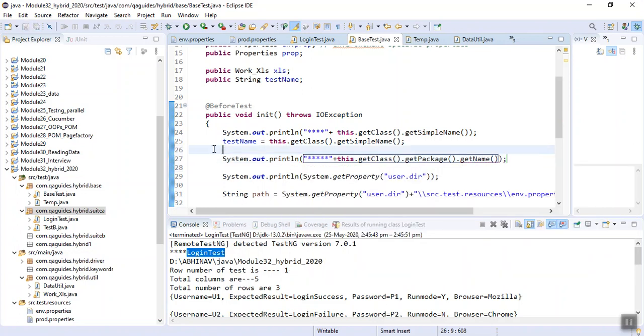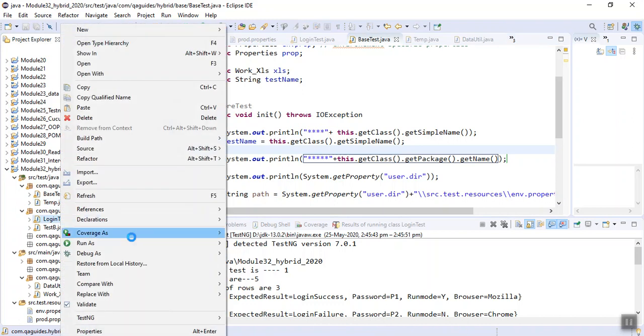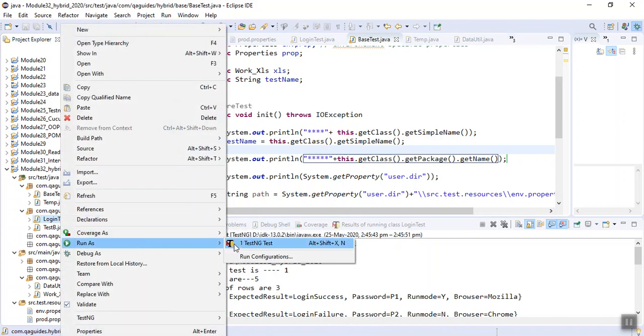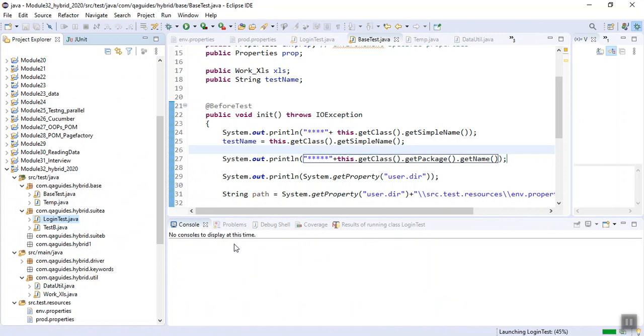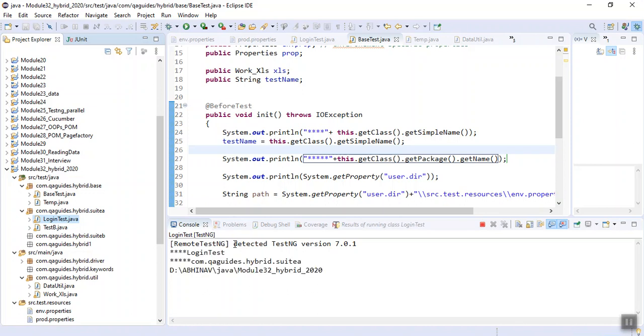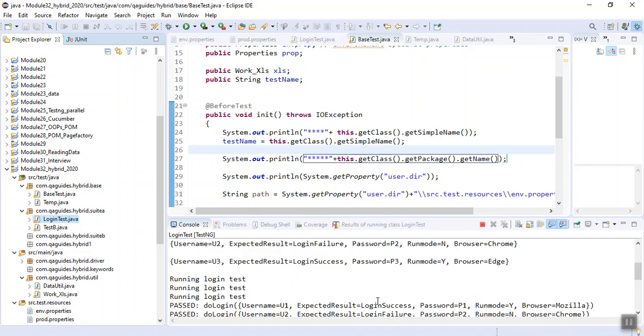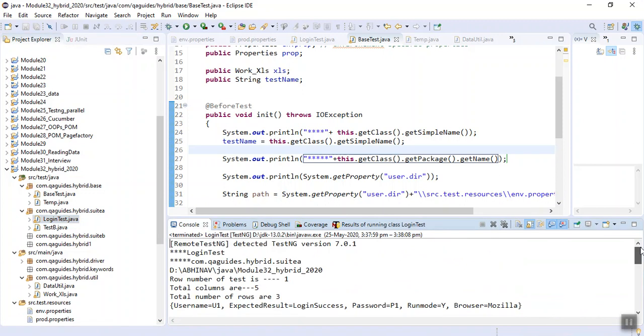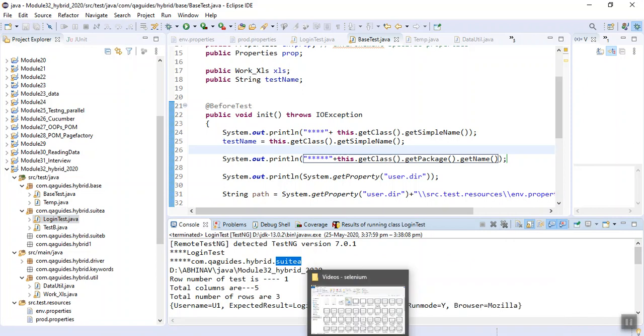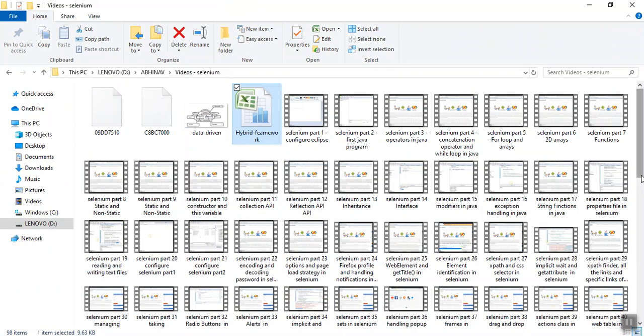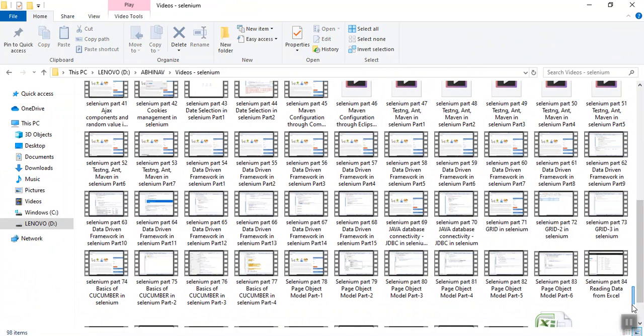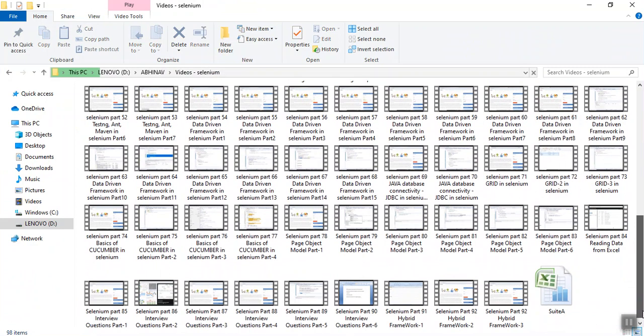Save it and I run. See what happens? It tells me the package name. Now I have to extract the package name and it should be the same as my file name. Did I make any mistake? I have to keep it as a small a. I will make the changes.